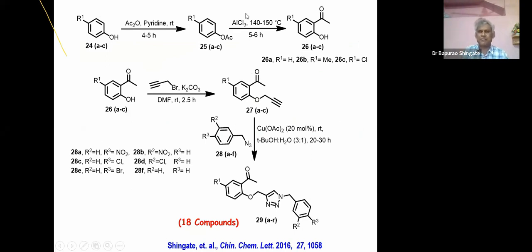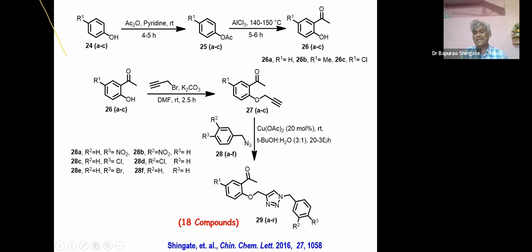And whatever project we are giving to the MSc students for MSc practicals on Fries rearrangement, we have collected those samples and purified and used them for making different types of terminal alkynes by using propargyl bromide in